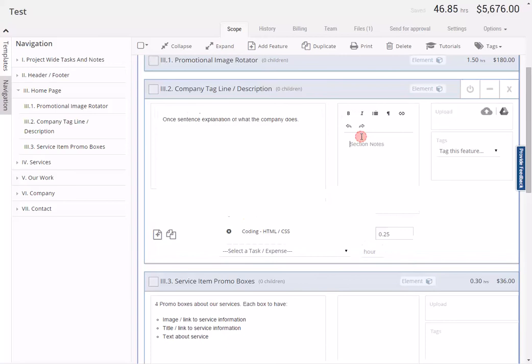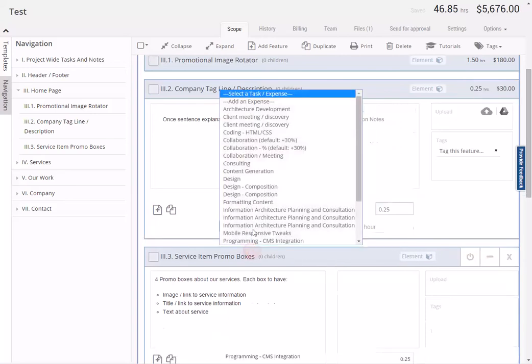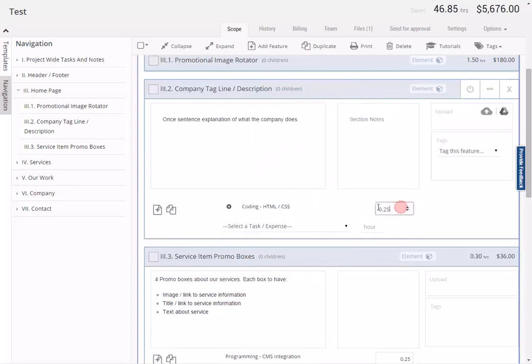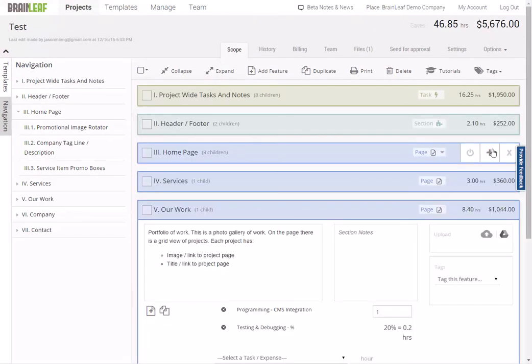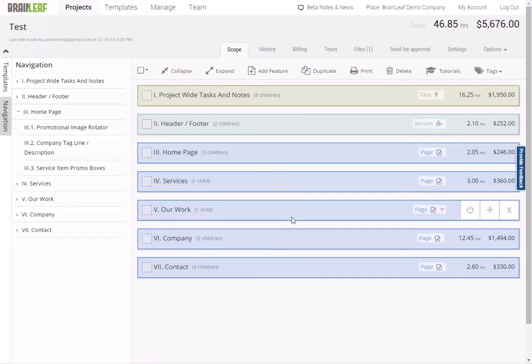I can edit the text here, I can add new items here just as we did before, I can change the times, and all my prices come together up here. So once I'm done with this, actually, as I'm going through this, I can also add in tags. So for example, if I want to show something is a phase 1, phase 2, or if I want to show a particular feature that has sections throughout the site, for example, like a blog that may have a feed on the home page or a general area or a feed on other sections, then what I can do is